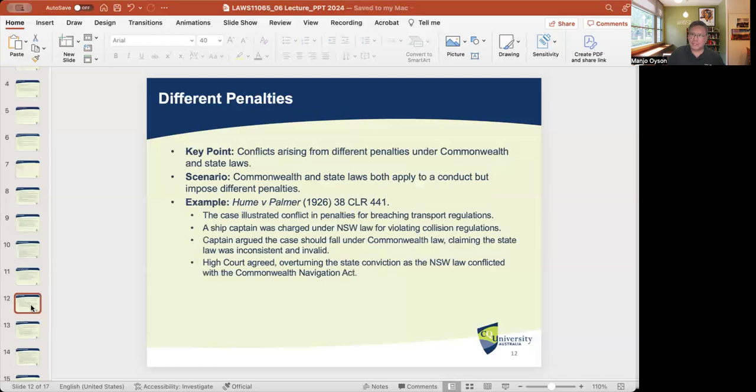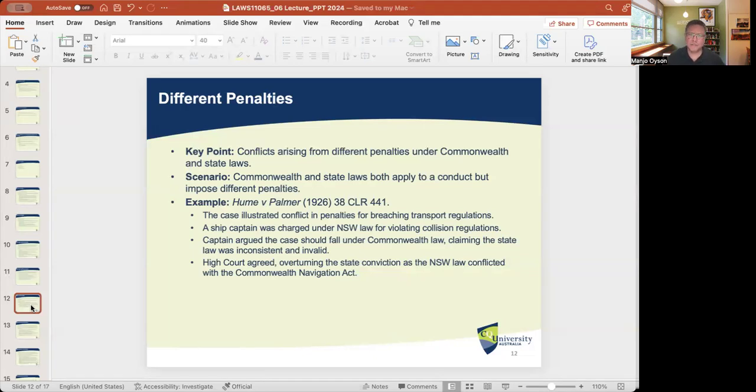So we've talked about different forms of conflict. We talked about conflicts in terms of duties, conflicts in terms of rights, and conflicts in terms of requirements that overlapped. We're going to look now at a scenario where there might be different penalties. So the conflicts arise because of different penalties imposed by Commonwealth and state laws, in which case both the Commonwealth law and the state law apply to the same conduct, or conduct that leads to the imposition of certain penalties. And where there is an inconsistency between penalties imposed by the Commonwealth and states,